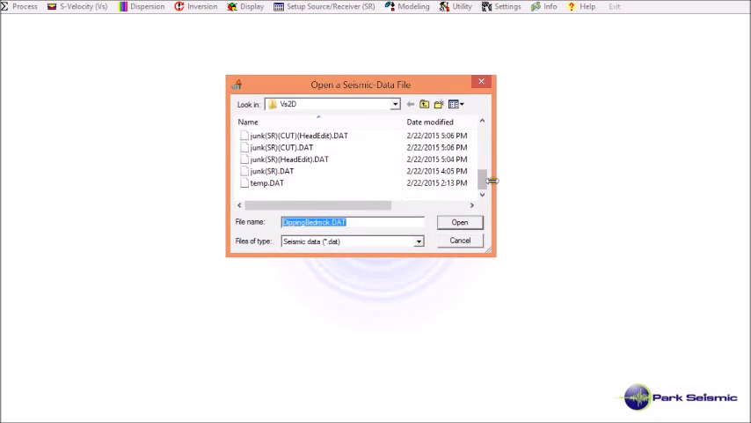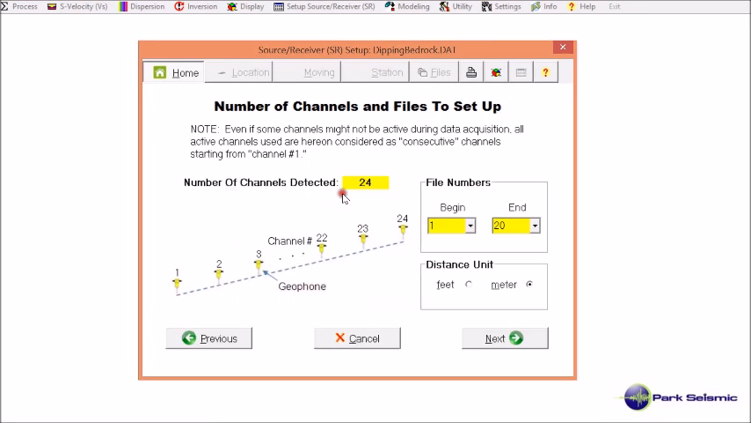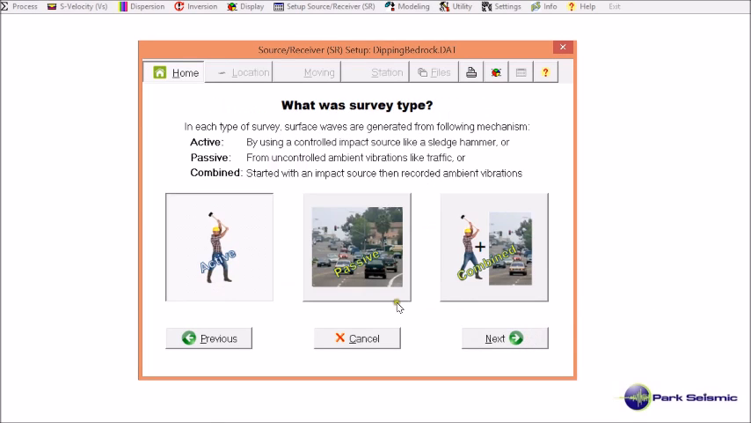Now I'm going to demonstrate how to run source receiver setup for the sample dataset called DippingBedrock.dat, which is used to practice generating a 2D velocity cross-section. I go to Setup Source and Receiver here, and then choose From Formatted Seismic Data. I select this DippingBedrock.dat, and then I click Run Wizard, and I confirm there are a total of 20 records in the file, and I also confirm the distance unit of meter, and then I click Next, and I choose Active because it was active MASW data,